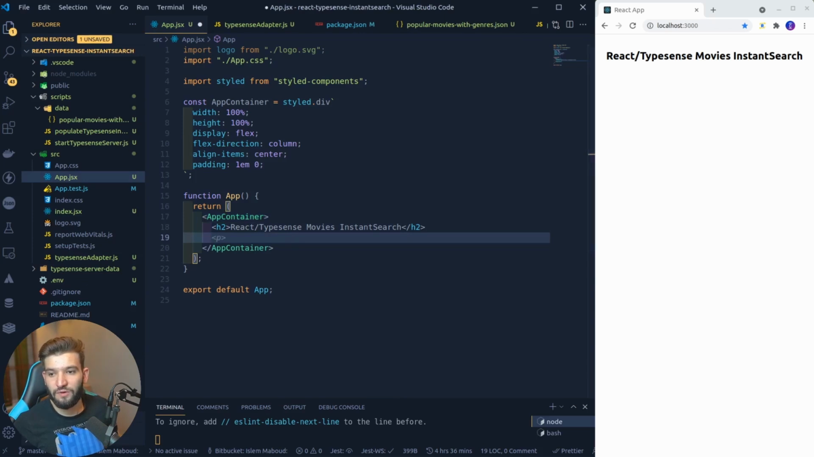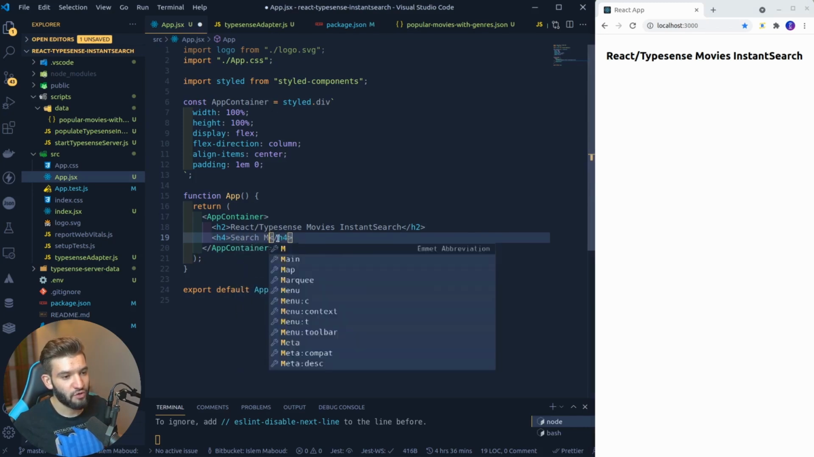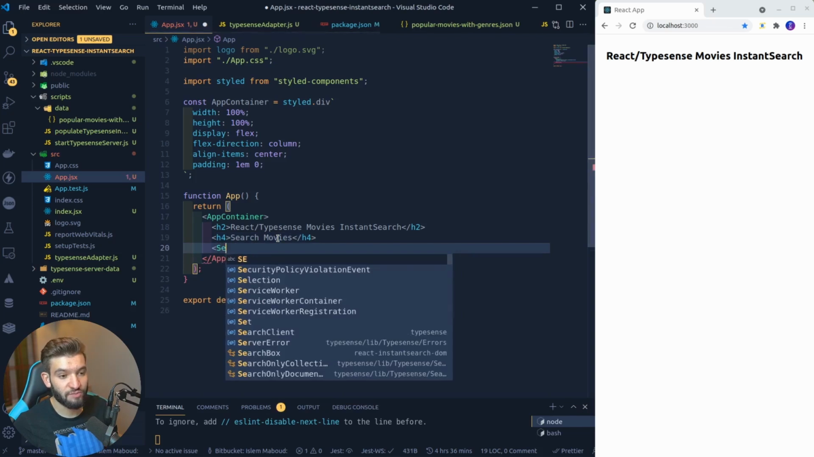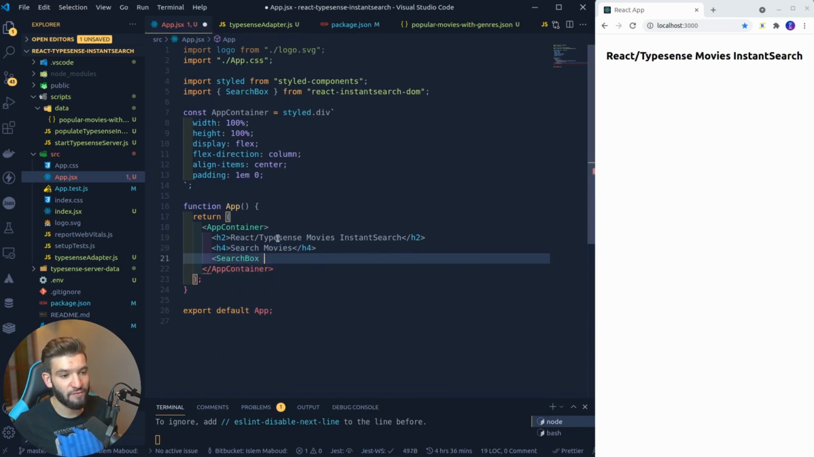All right. Now the first one we've got is React Typesense movies, or Instantsearch in here. Just a simple blank page. Let's go ahead and have, for example, an H4: I like to search movies. And here I want to use the search box, which is already imported and created for us using the React Instantsearch DOM package we installed before. So this is a UI element already created for us. If I click enter, save,